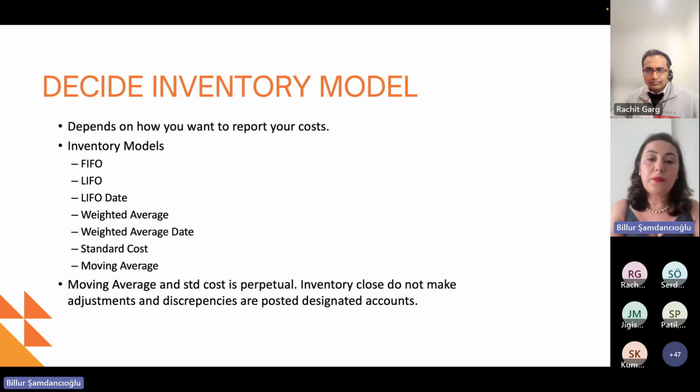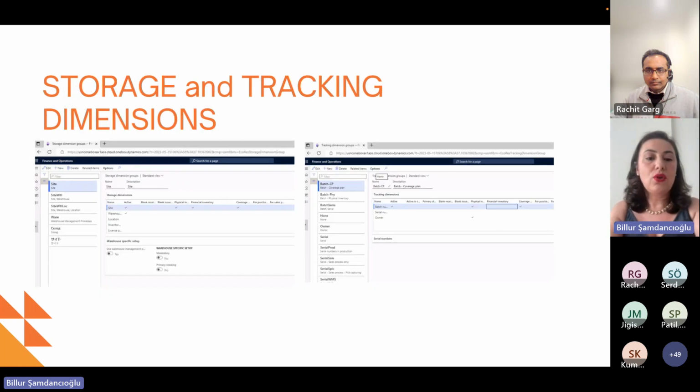So from these inventory models, moving average and standard cost is perpetual. So inventory closing, which I'm going to show you later, does not make adjustments and post the discrepancies to the designated accounts, right? So even though standard cost and moving average do not create any corrections and adjustments, in the end, it's also advised to use the inventory closing procedure for that purpose. So let's go